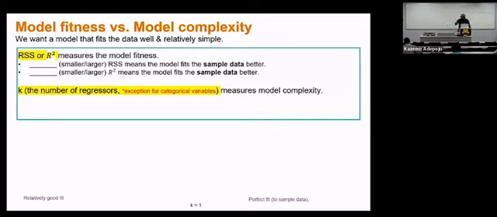Now, what determines module complexity is actually the number of regressors. Okay. Now, but the smaller k means what? The module is very simple. Does that make sense? Okay, that's what it means. Okay. Now,